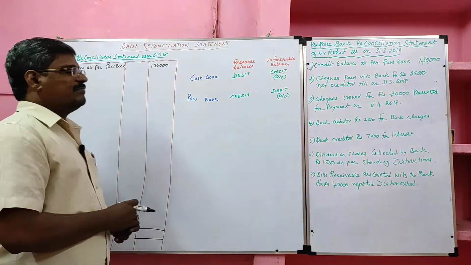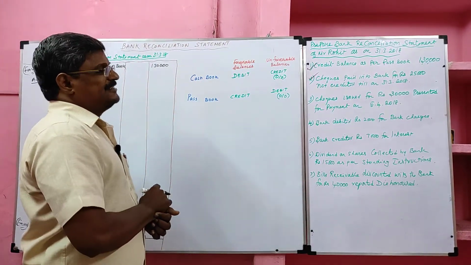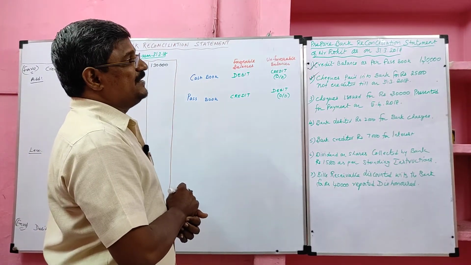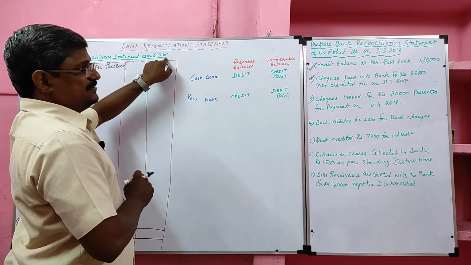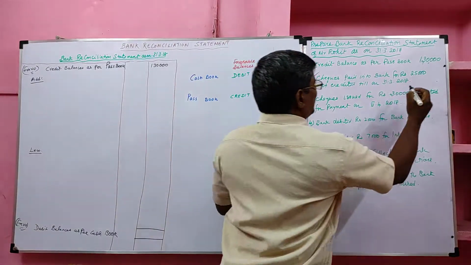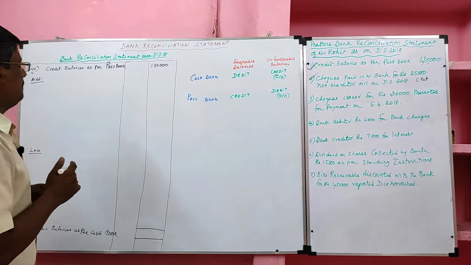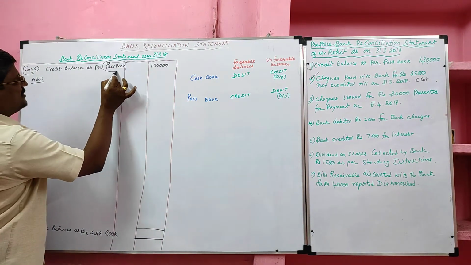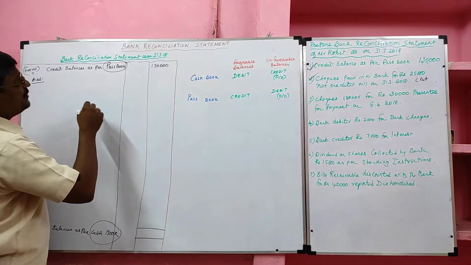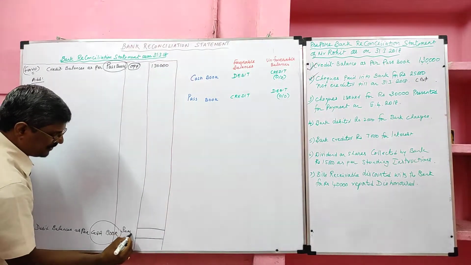Yes, now we will solve the problem. Check paid into bank for rupees 25,000, not credited till 31/3/2018. So our BRS date, till this date the check was not credited. This transaction taken place in cash book, it was added. Now what we are supposed to do? Listen. Now passbook is given. We have to find cash book balance. Now we should give opposite effect to the passbook, same effect to the cash book. We will get the answer.